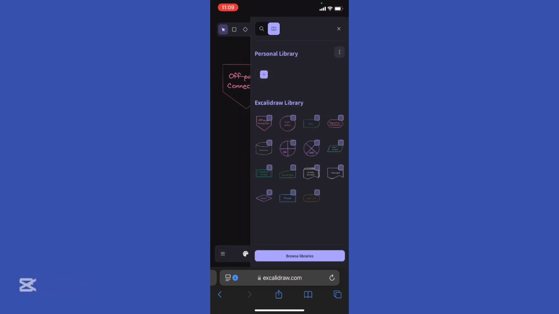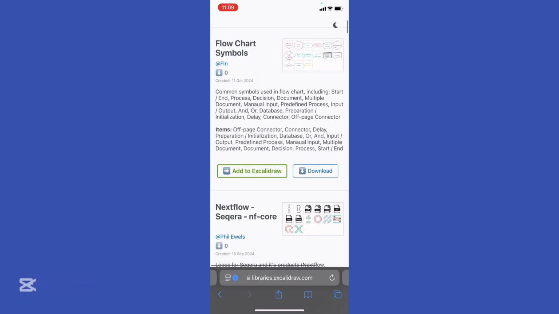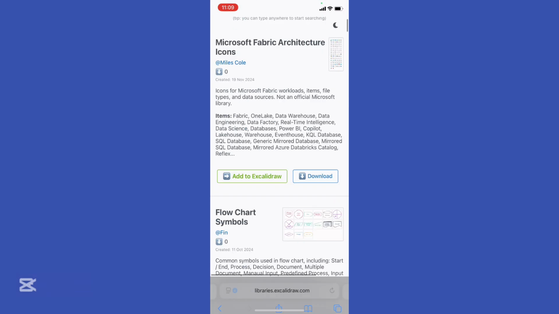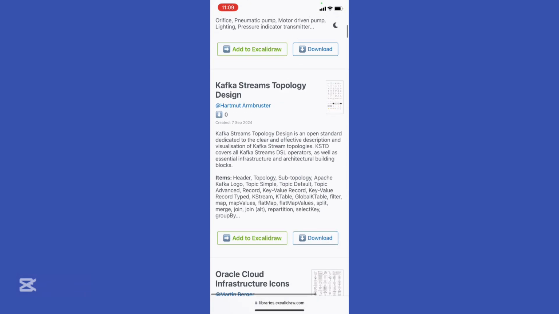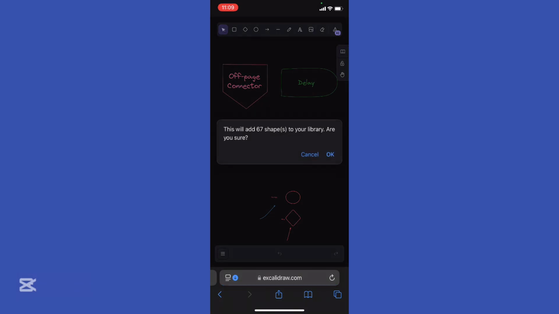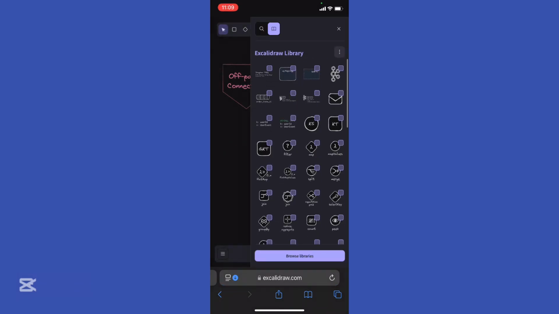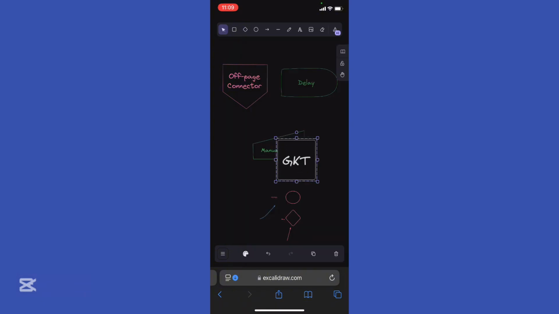Okay, click the book icon. As you can see, you can organize it however you want. And basically, if you want more templates, you can go ahead. I'll go back to the Excalidraw libraries, right? And you can add the Kafka streams, right? And I'm going to hit OK. Click the book icon at the top, and then add the Kafka